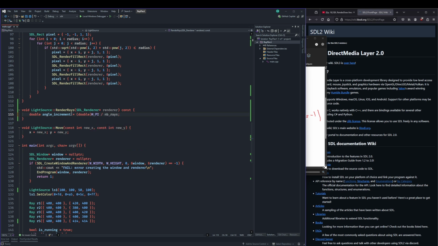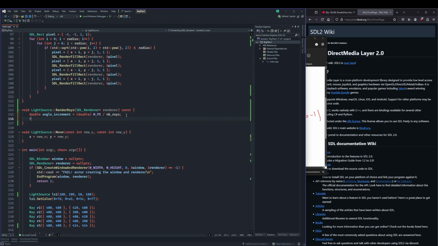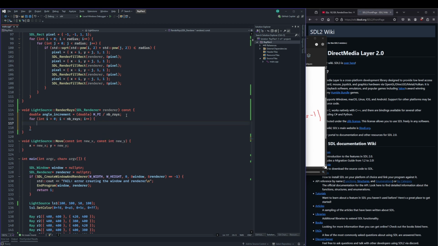I prefer when it's like this. Okay. And now, for int i equal to 0, i below number of rays, i plus plus, what we're going to do is simply